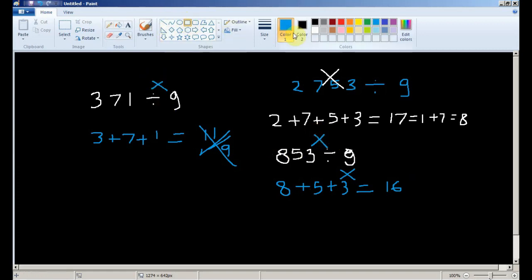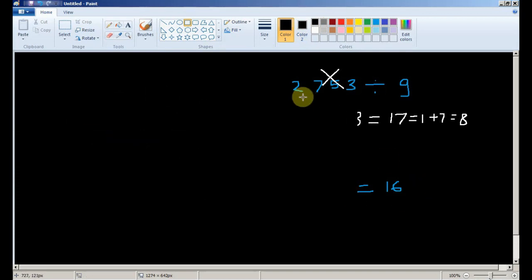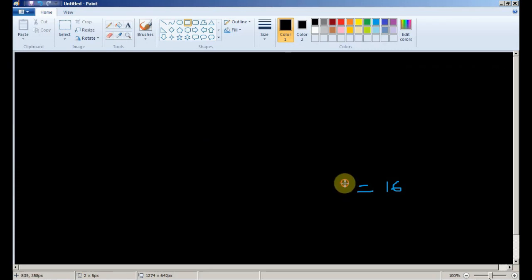You can see that so many numbers don't add up to something which is divisible by 9. That is why all the numbers we tested are not divisible by 9.